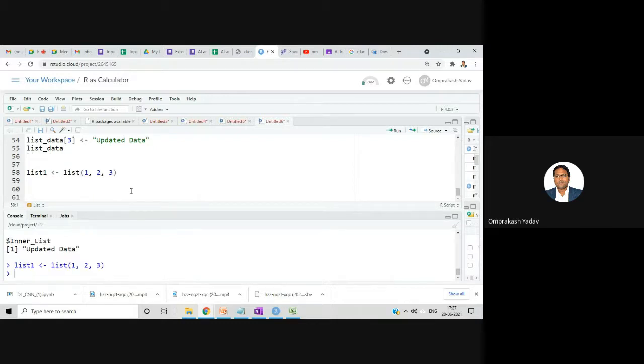So this will create list 1. Let's check. Similarly, list 2. In list 2, what we can do is mention, let's say, character values.